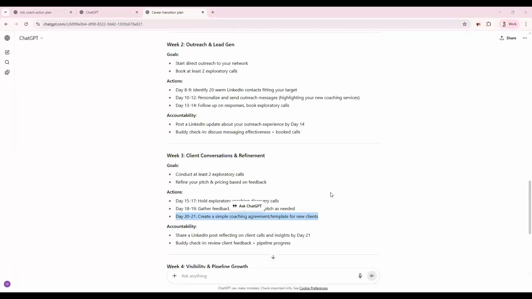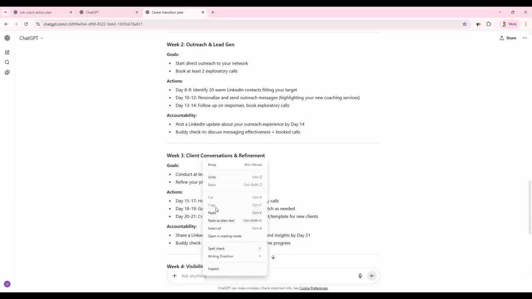So say, for instance, you're looking at this and maybe for week 3, for these particular actions here, maybe for day 20 to 21, where it says create a simple coaching agreement or template for new clients. Maybe that's something that you need further information on.